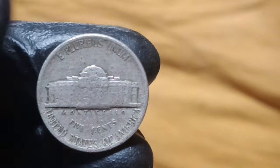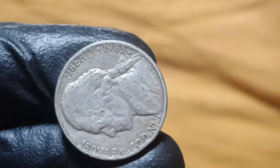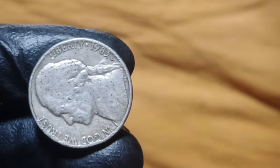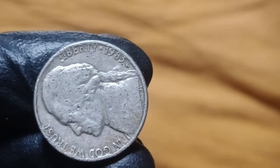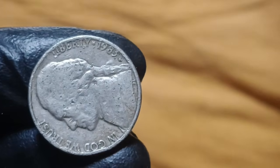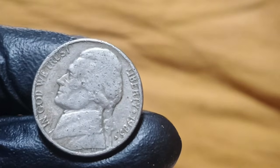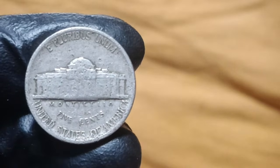coins in existence, period. When you think about the fact that billions of Jefferson nickels were produced in 1983 and most of them are worth exactly 5 cents today, the idea that one of these coins could be worth $355 million seems not just unlikely but almost impossible. Yet the reality of numismatics is that extraordinary rarities can emerge from the most unlikely places, and the 1983 P. Jefferson nickel represents the absolute pinnacle of what's possible when mint errors, collector demand, and historical significance converge to create